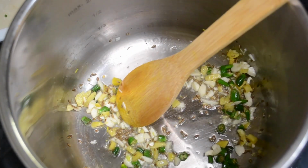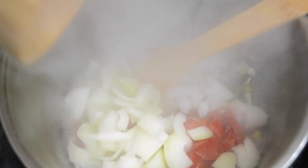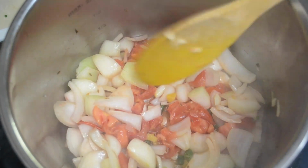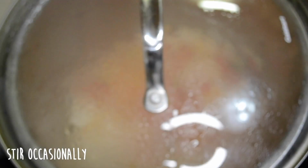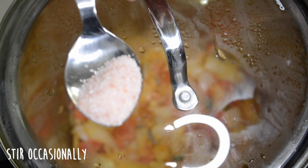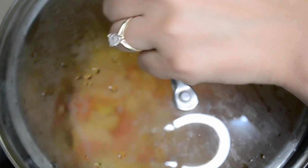Next, I added my tomatoes and onions, and we'll just let that saute for about 2 to 3 minutes. And the reason all my ingredients are roughly chopped is because I'm going to blend it anyways. I added a lid for the steam to build up in the pot, and after about 2 to 3 minutes, I'm just gonna add some salt into it,